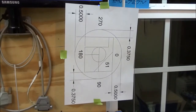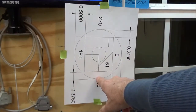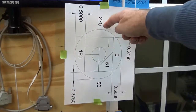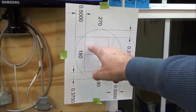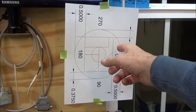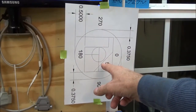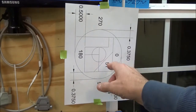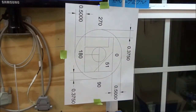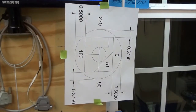Okay, this is the sheet that I've been using to keep up with the sides. Started out on 0 and then rotated around 90 degrees, then 180 degrees, and then went to 270. This is where we are now. I'm going to make this flat spot, and this will probably be all I get done today, because this pocket is going to take a little bit of time. Then it should rotate around to this flat spot on this side, and I'll actually mill some letters in this surface. That's going to take a long time as well, so those two setups will be done at some other time. But this will finish up my blank, and I'll have my blank in my fourth axis already set up,